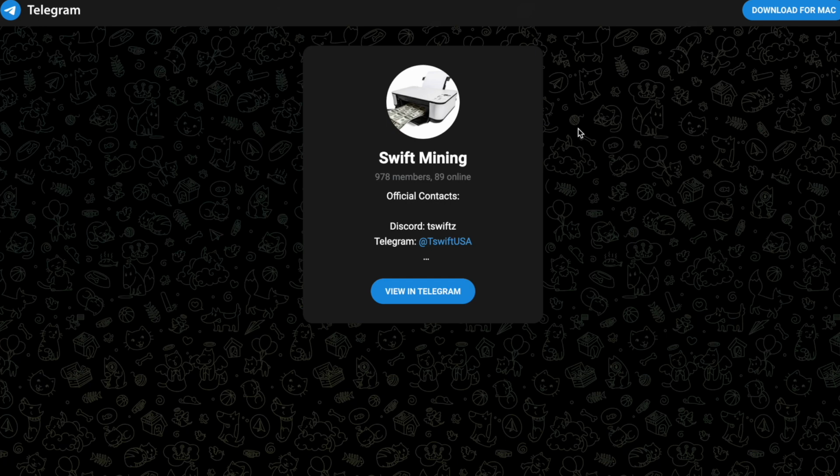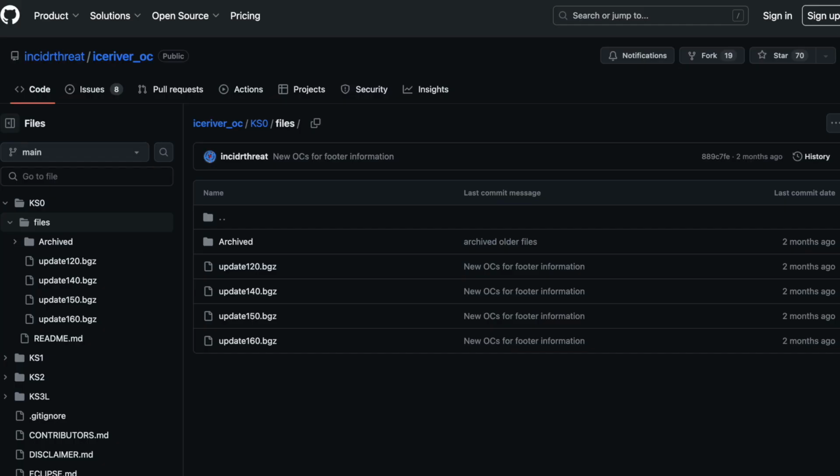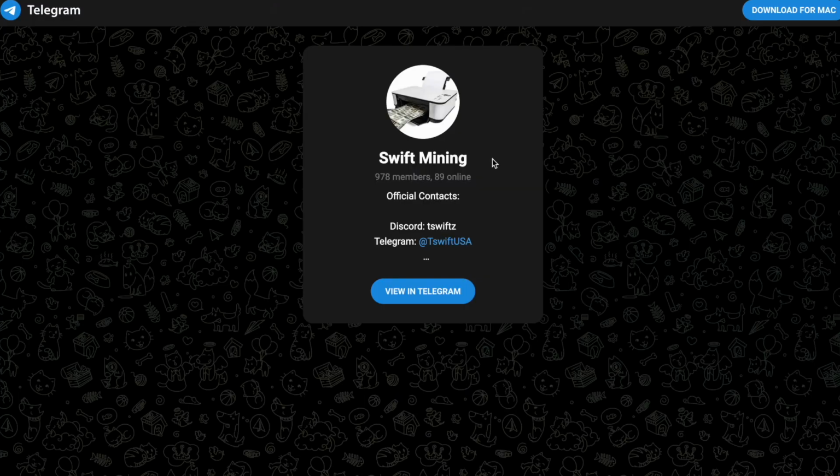Now, somebody that is verified is Mr. T Swift. If you haven't seen him within the YouTube mining community, here is his information. Use this information at your own risk. T Swift has overclocks for the KS0 that help the machine run at about 170 to 180 gigahash. So that is better than the Insider Threat overclocks, and additionally, he is somebody that is verified within the community,